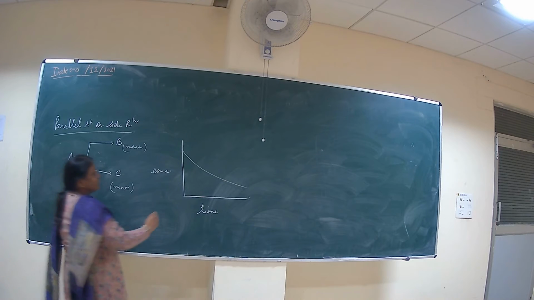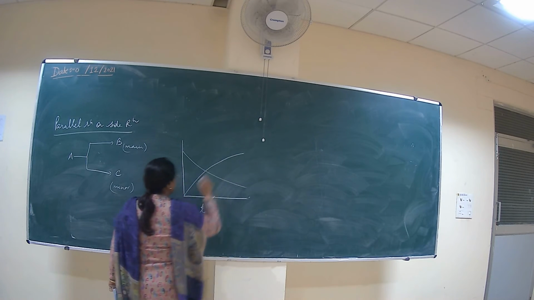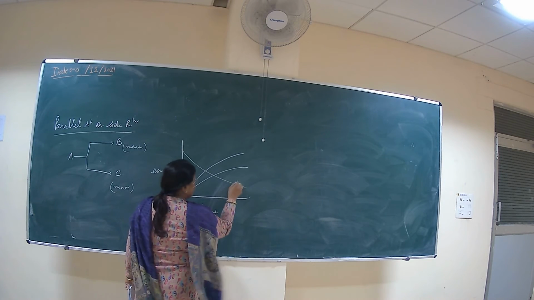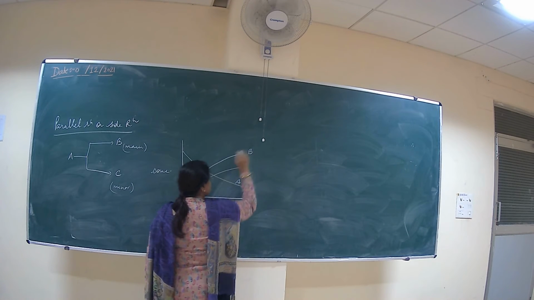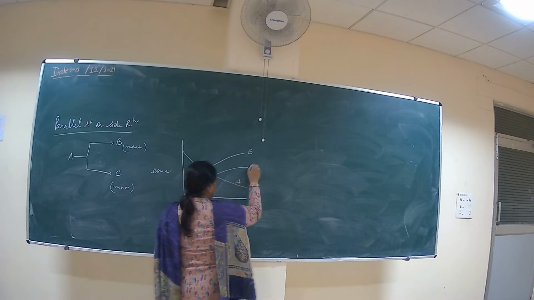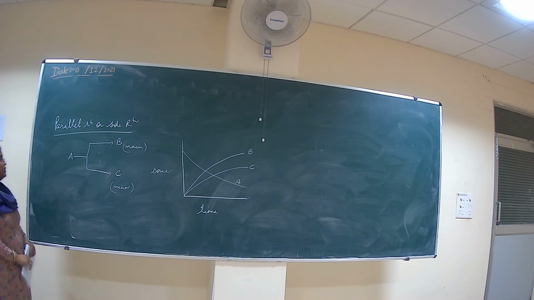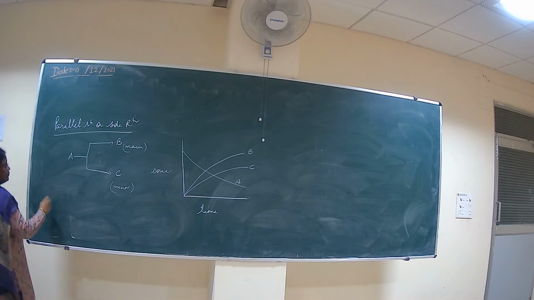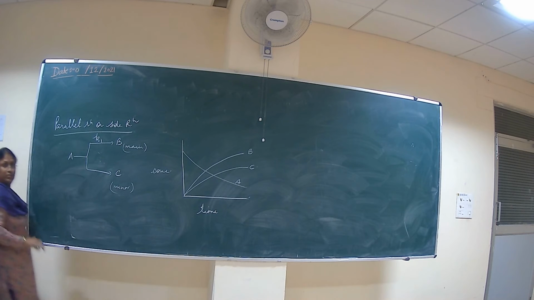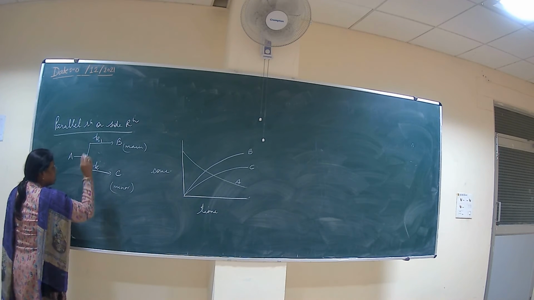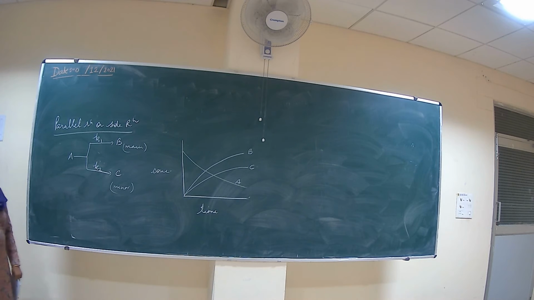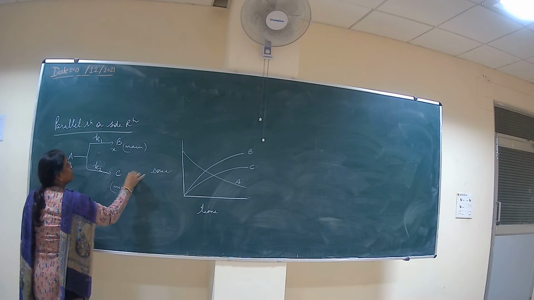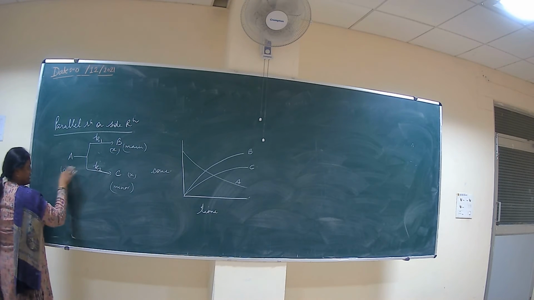So when we plot a graph, the major product concentration is greater than the concentration of the minor product. This is for the reactant, that is A. This is the concentration for the major product and this is the concentration for the minor product. Suppose K1 is the rate constant for the formation of B and K2 is the rate constant for the formation of C. So X amount of B is formed and X amount of C is formed here and यहाँ पर हमारा क्या हो जाएगा, A minus X.